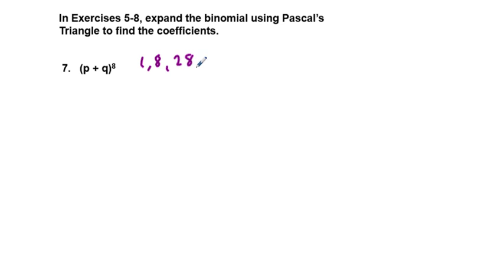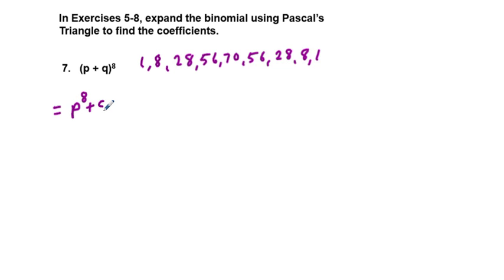28, 56, 70, and then we go to 56, 28, and then 8, and then 1. And so our expansion is going to be 1 p to the seventh, no, p to the eighth. That's right, we're going to the eighth power, right? 1 p to the eighth